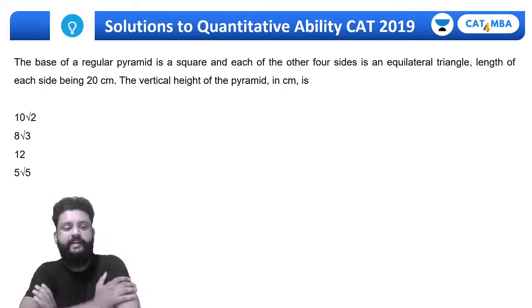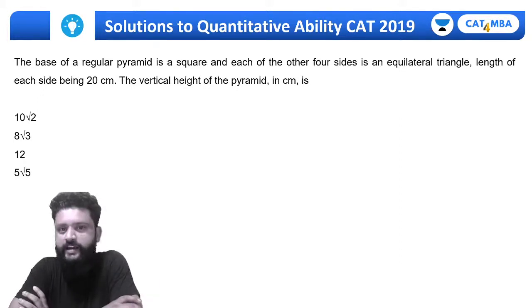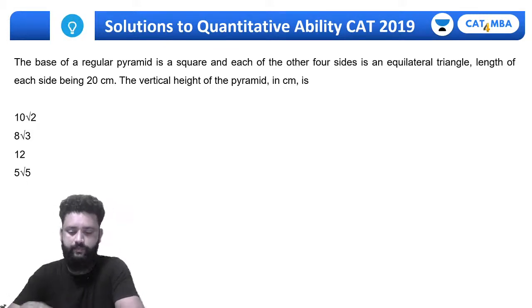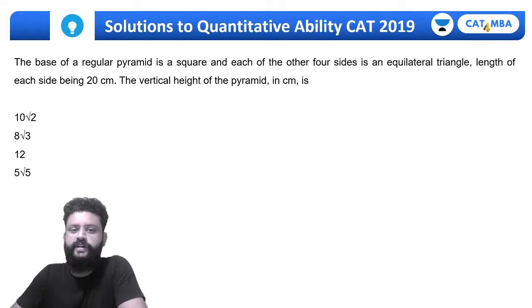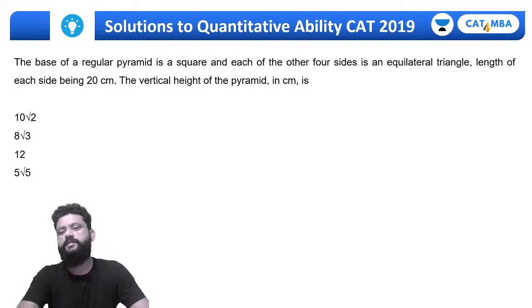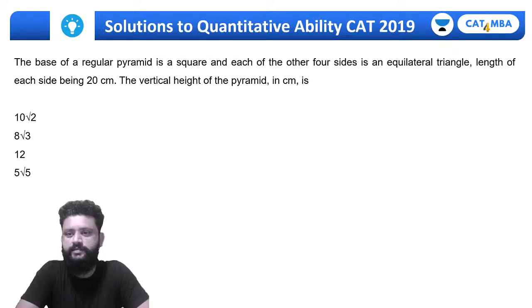Try this. This is a question from geometry. So the slot 2 analysis of CAT 2019 will be complete today. The base of a regular pyramid is a square, and each of the other four sides is an equilateral triangle, length of each side being 20 centimeter. That's the side of an equilateral triangle. So definitely the side of the square base will also be 20 by 20. The vertical height of the pyramid is